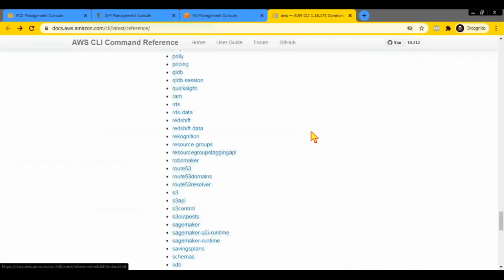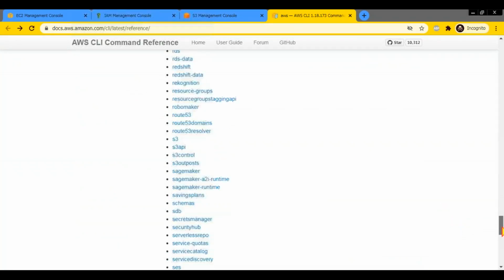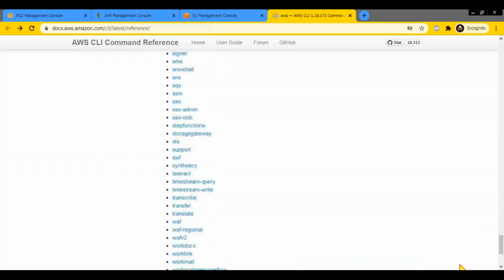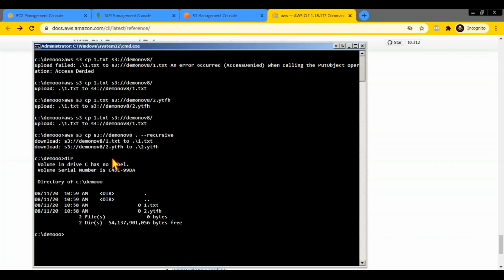Which is why first, if you get used to the console, practice in the console, then you can do the same thing or more using the CLI. So for CLI, don't think people are going to manually do these things. Like I said, you can include this command in a script, a bash script or a PowerShell script, which is going to back up your files. It is not only to manually execute these commands like I'm doing now. You can put it in a bash script, a Windows batch file, or a PowerShell script to do certain actions.